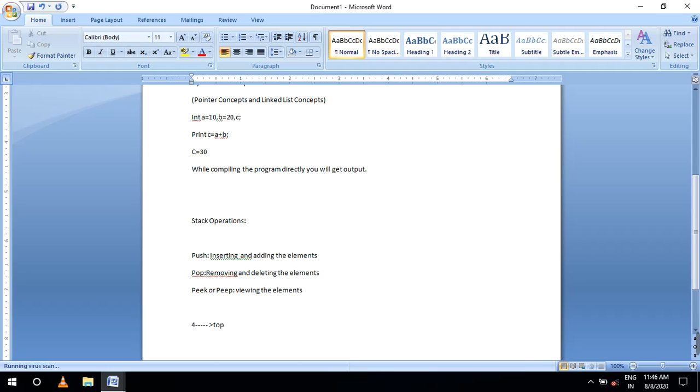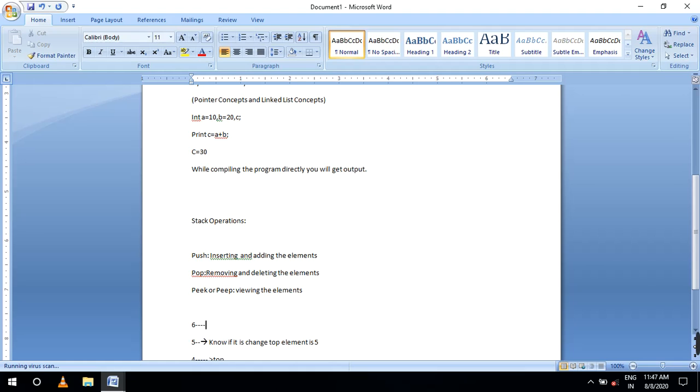After that, I am inserting the element 5, so now the top element changes to 5.